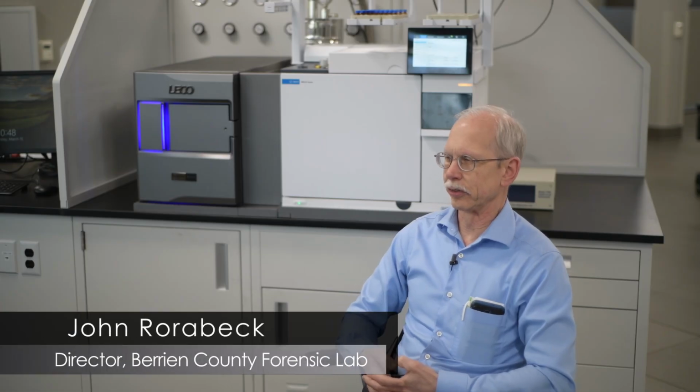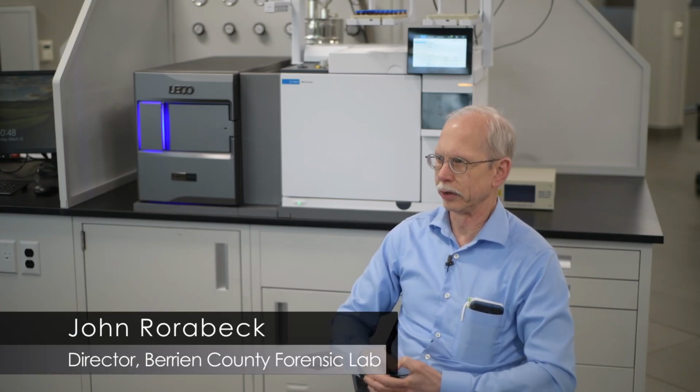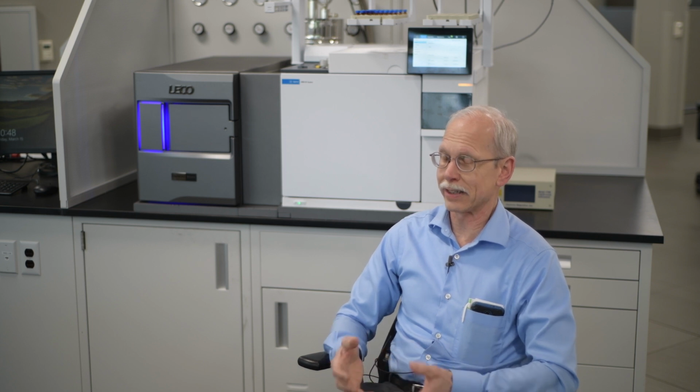The sensitivity is tremendous, and I understand that the new instrument is even more sensitive. So that's going to help us with not having to dilute as much, or other things such as concentration. If it's not sensitive enough, we need to concentrate it. This can be done through solid phase extraction, SPME, but it takes time, and being able to dilute down and know that you're going to see the stuff is a time saver for